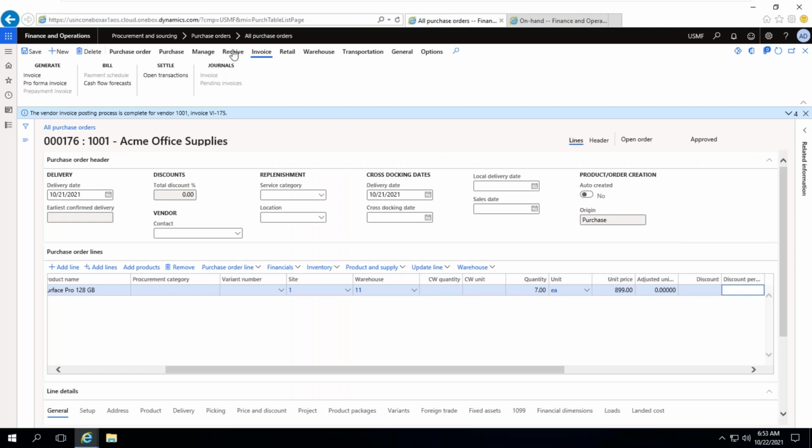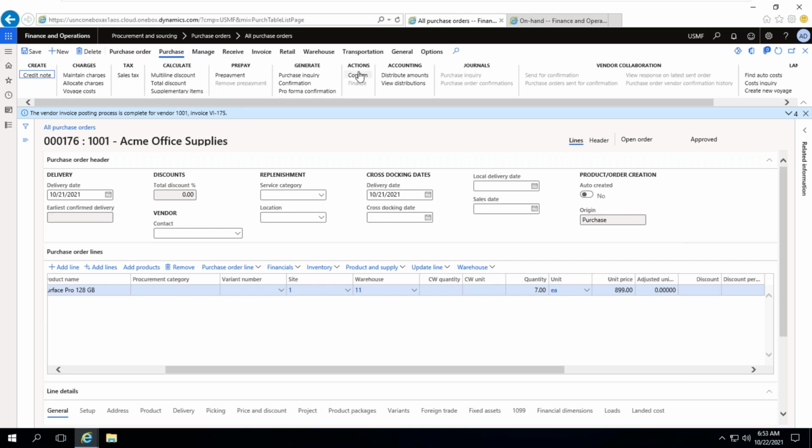if you try to use the receive button for this material, you cannot do it. This is disabled, so confirmation is a mandatory process. Confirmation is mandatory, then only you can do the product receipt. Confirmation means you are taking approval kind of confirmations. During this confirmation it will validate whether the budget funds are available or not. Okay, I'm doing the confirmation. Once it is confirmed.